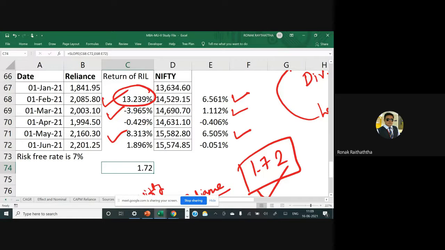Based on the previous 6 months, you may find the data for the previous 2 years, 3 years, 5 years, whatever the case it may be. Now that is entirely up to you. Being a financial analyst, it will be a freedom given to you to select the appropriate period. Now, why I like this subject a lot, the primary reason behind it is, first of all, it is calculative in nature. It also involves some theoretical understanding. It gives us the freedom as well.